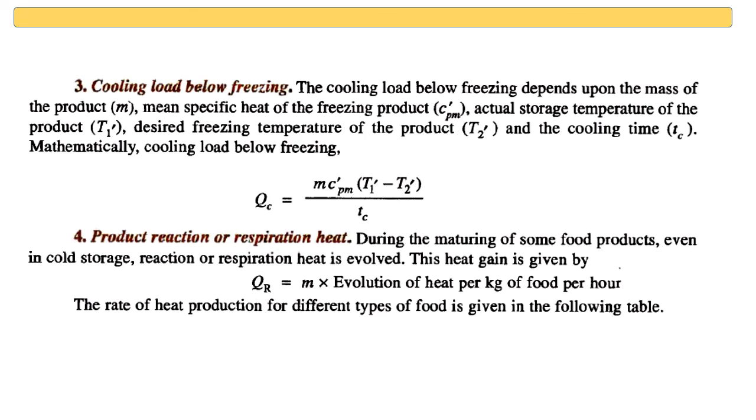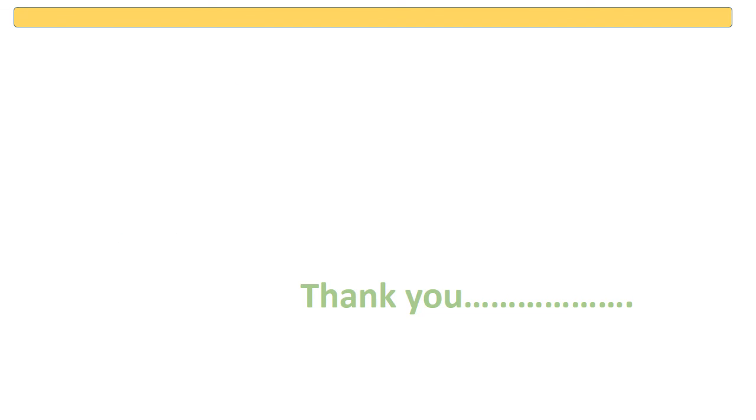So these are the different loads which are to be considered while you are calculating the cooling load for any food or any other unit. There are other factors also, but from an examination point of view those are not important, though for real application they are important. That is given in the book, just go through it. There is nothing much to understand, you just have to take that factor as a part of your cooling load calculation, and standards are there for the amount of the factor that will come into the cooling load.